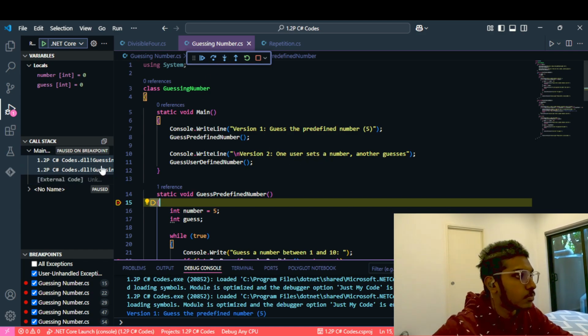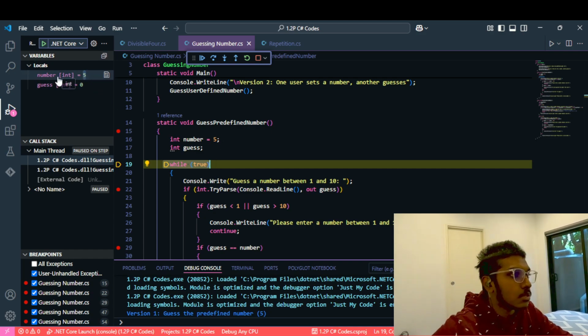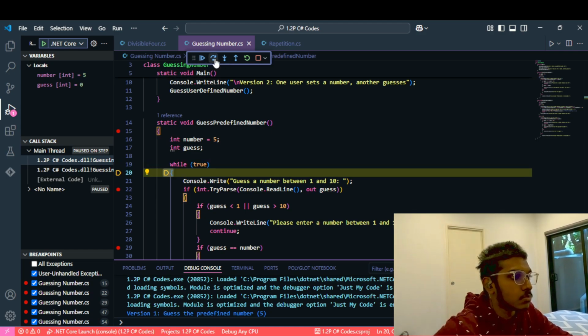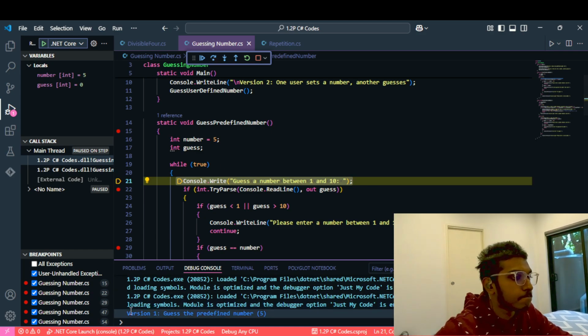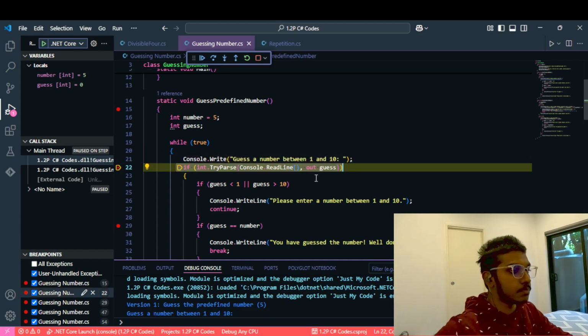As for the first breakpoint, you can see the numbers are not yet assigned, and after that the number is 5, it's assigned, and let's move on. And here it prints this predefined number as the main version 1. Then it prints the number between 1 and 10, and